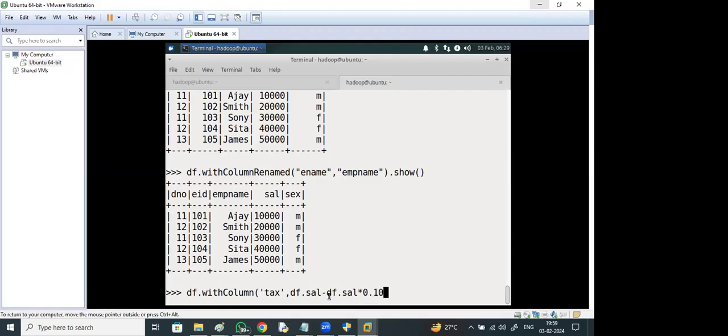Point 10. 10% means from salary, 10% you deduct.